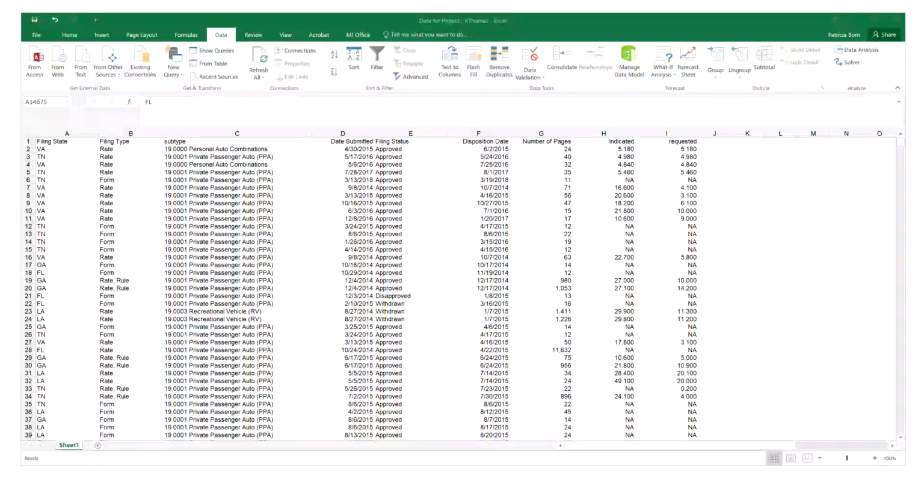Now when I do this, what I'm telling it is I want for every filing state for every year, so my 6 years for my 5 states, I want the mean of the disposition time. So when I run this command now, you'll see that I've lost all my other data. What I have left is filing state, my year variable, and the disposition time, which is now the mean of the disposition time. If we look at this, we'll see we only have 30 observations now. So 6 times 5 states over 6 years. Here are my values,